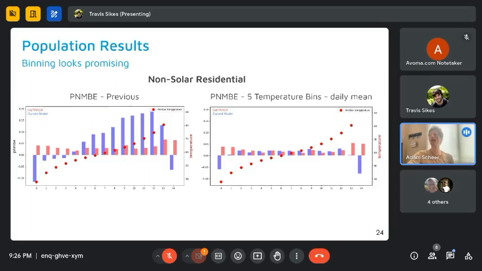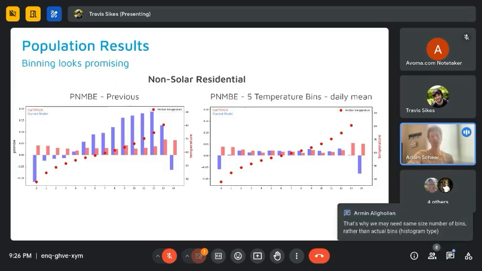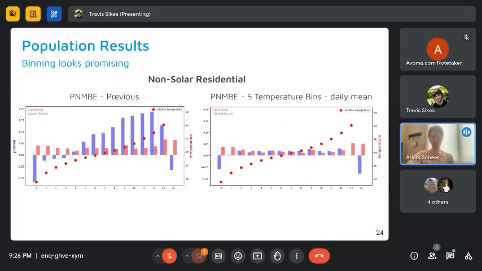But if a meter had weather data that went down to -20 and had a lot of it, then the binning itself, I think, would be modified in order to handle that. So I don't think what we're talking about here is defining temperature bins in the same way that Caltrac 2.0 defines them, where all meters get fit with a below 30 degrees and then 30 to 45 and then 45 to 60. That's not what we're talking about. We're talking about more dynamic binning depending on the temperature range that's actually being experienced by any given meter.